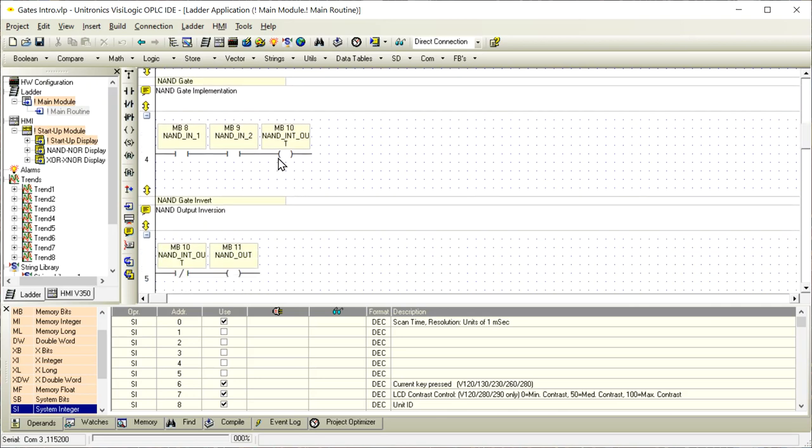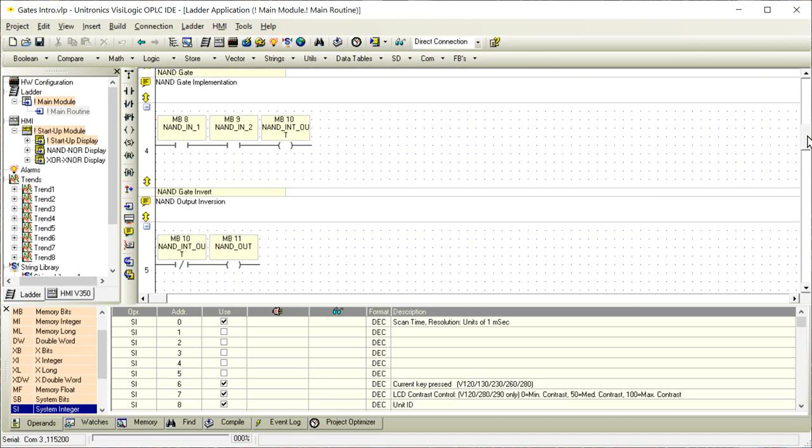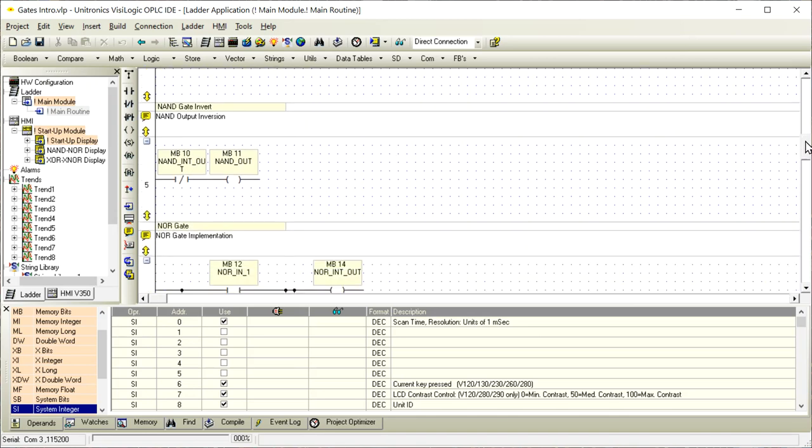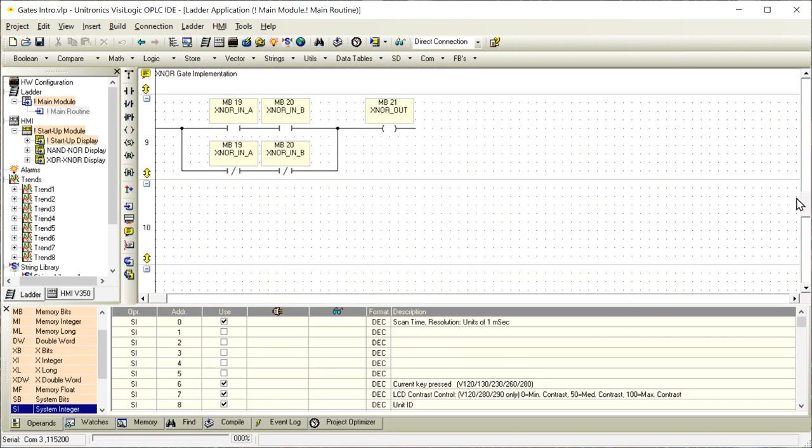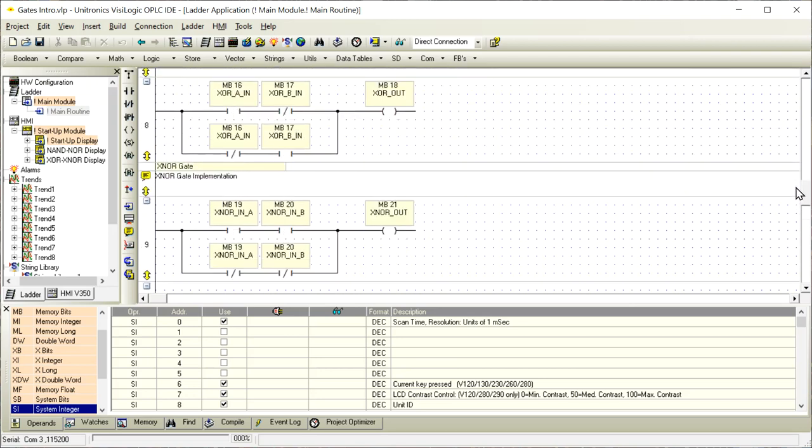And there's two different ways to implement this. This method that I used here takes an output and refers to it with an input. There's probably an easier way to do that, or there definitely is an easier way. At this point, I wanted to show you how to connect outputs and that you can refer to them with input instructions also. There's an OR gate, and then there's an exclusive OR and exclusive NOR gate implementations that use